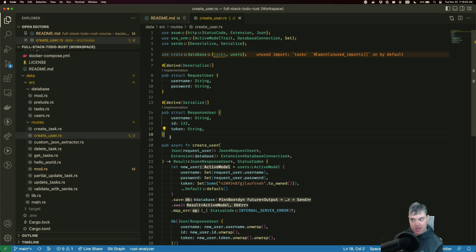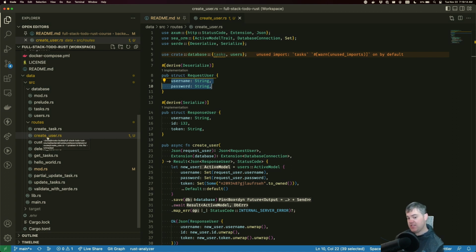Now, my other thought is I could... Yeah, and login also takes in a username and password, so it's exactly the same as this. So I could also create user.